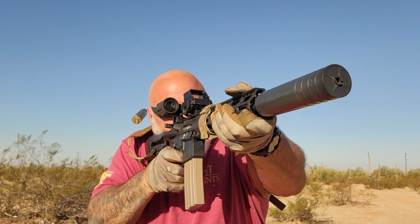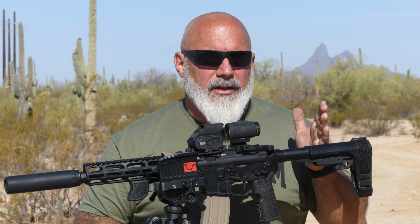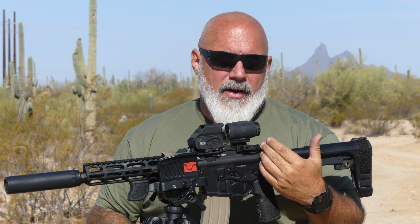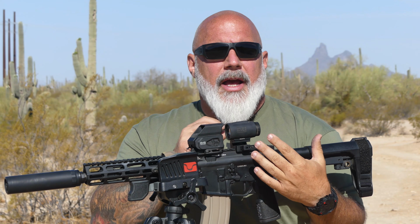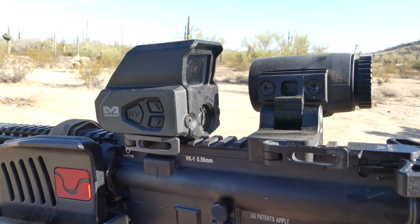However, for me, subjectively speaking, I would have rather had this back a little farther, so I've been running the brace in a little farther than I normally would in order to get my eye relief correct on this. Why did I have to do that? Because this throw lever going back interferes with my ability to hook a finger into the charging handle. So I had to move it forward. Now, you can undo this, flip it around, and put it back on and have your throw lever facing forward. Again, I understand why they did it this way, but as far as functionality,